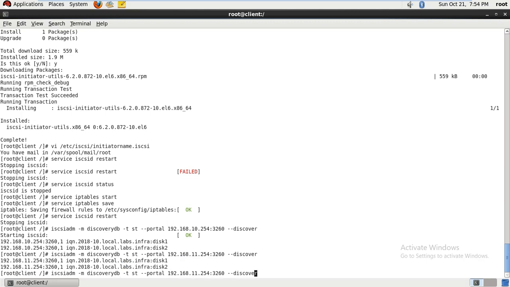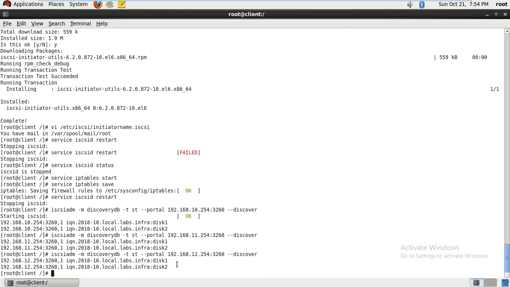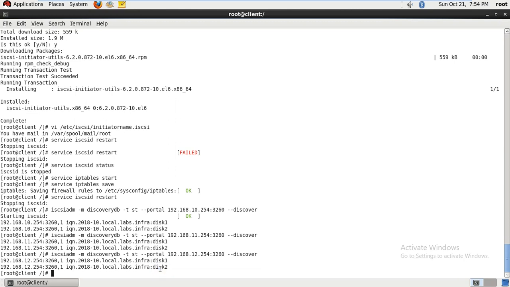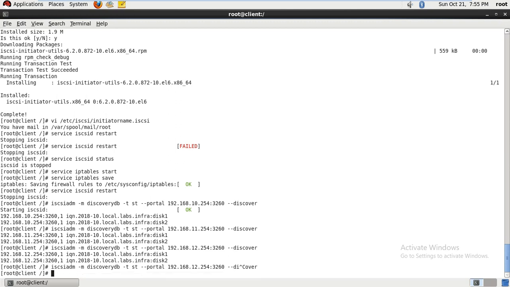Now if you edit this for the third one, yes, it's available over the third NIC also. So now it's available from all the NICs, and then you need to execute